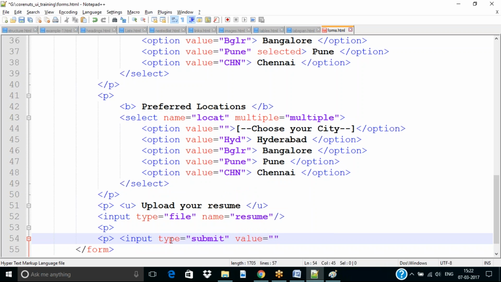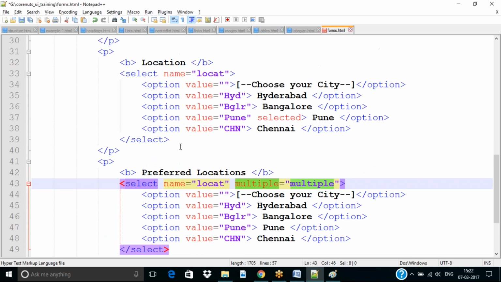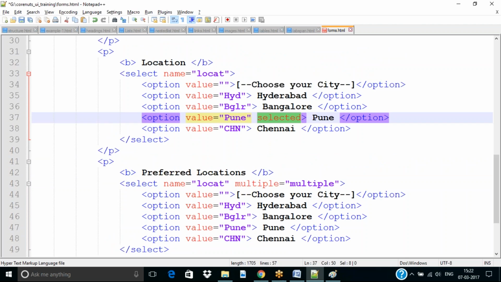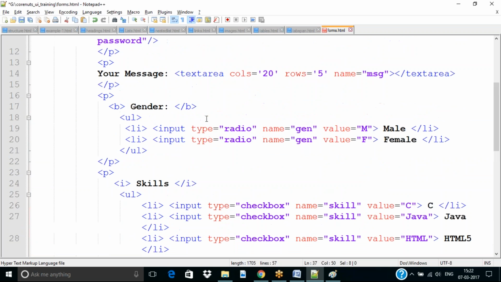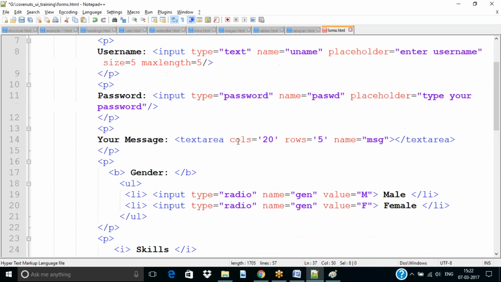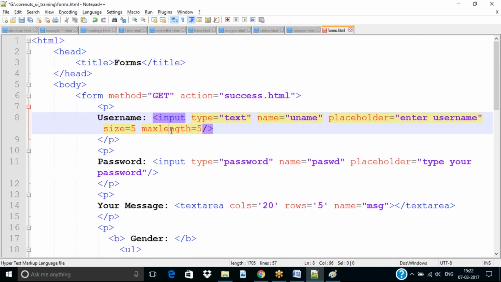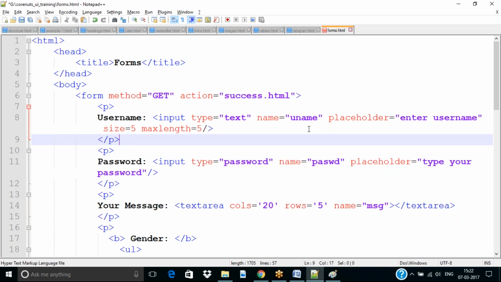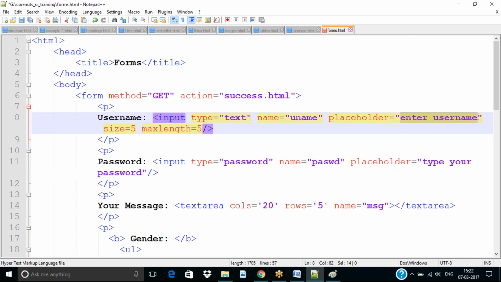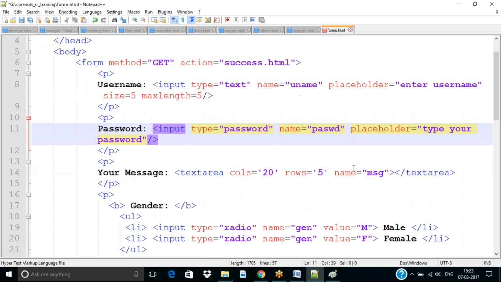So these are the predefined attributes: type attribute, value attribute, multiple attribute, name attribute, selected attribute, cols attribute, rows attribute, placeholder, మ్యాక్స్ లెంగ్త్ సైజ్ ఇవన్నీ ప్రీడిఫైన్డ్ అట్రిబ్యూట్స్, ఏది యూజర్ డిఫైన్ కాదు ఇక్కడ. ఓకే, అండ్ ప్లేస్ హోల్డర్లో ఉండే వాల్యూ కూడా యూజర్ డిఫైన్డ్, నేమ్లో ఉండే వాల్యూ యూజర్ డిఫైన్డ్, బట్ టైప్లో ఉండే వాల్యూ అండ్